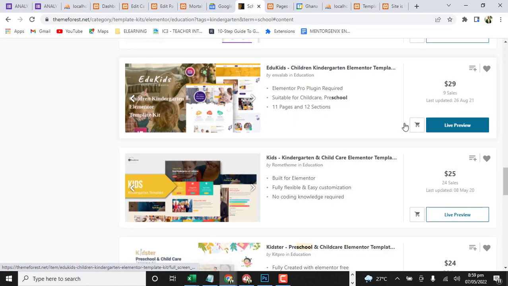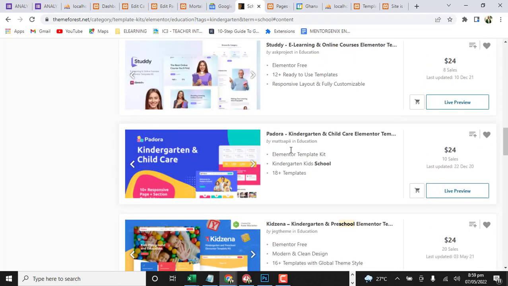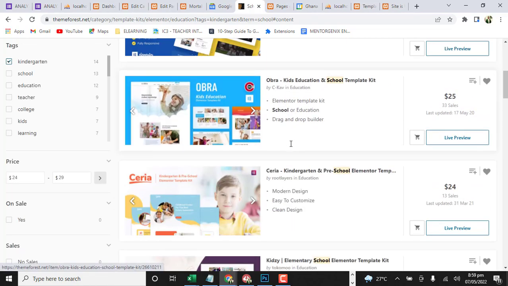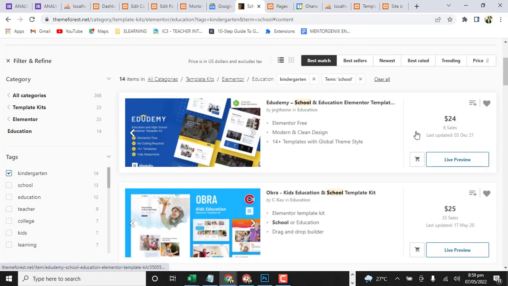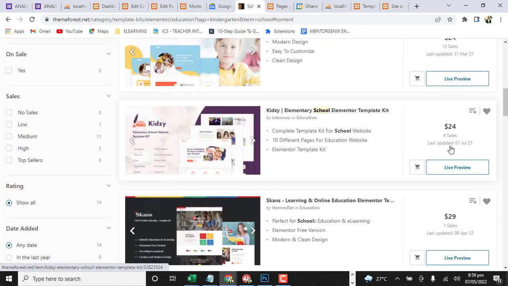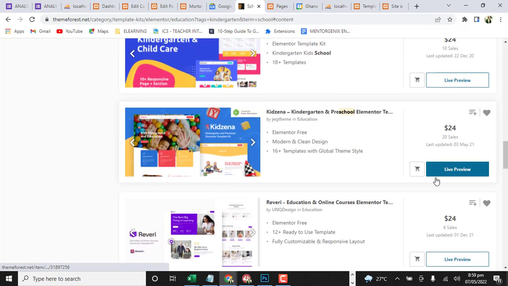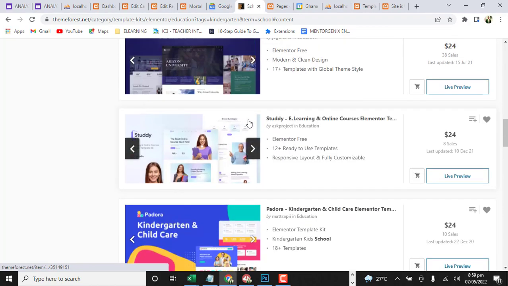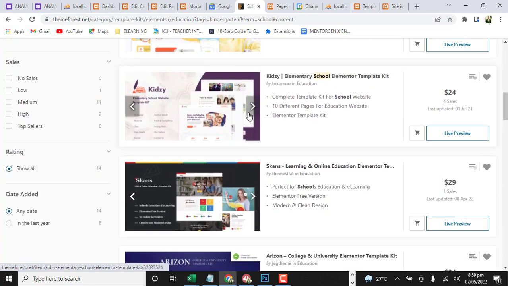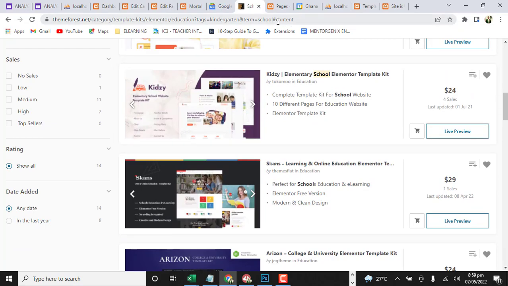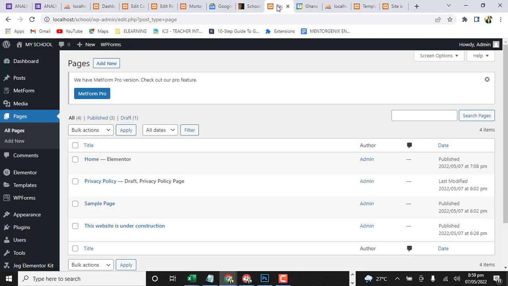Let me tell you how some of these things are rated. Look at this, 33 sales. Some have low sales, like 38, 8, 10 and all that. So that is how you can buy a template kit. And by the way, I've given you one for free. So that's what we're going to use. I've given you one template. So now we have the